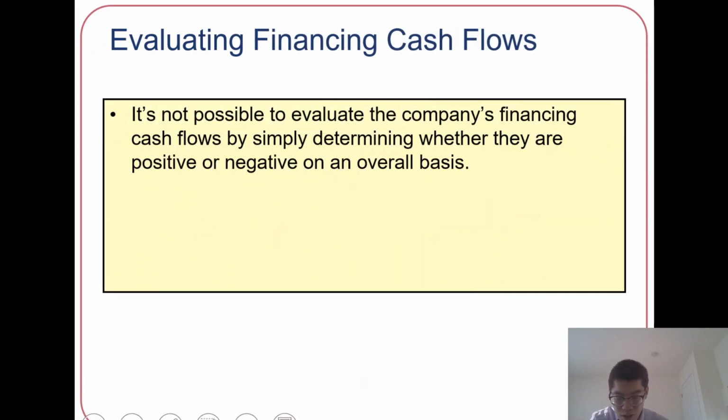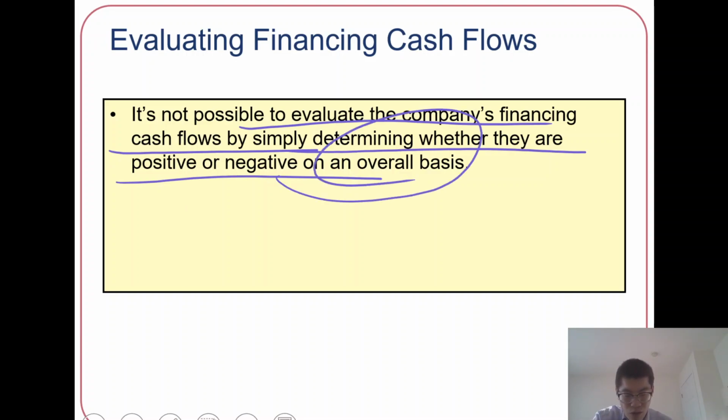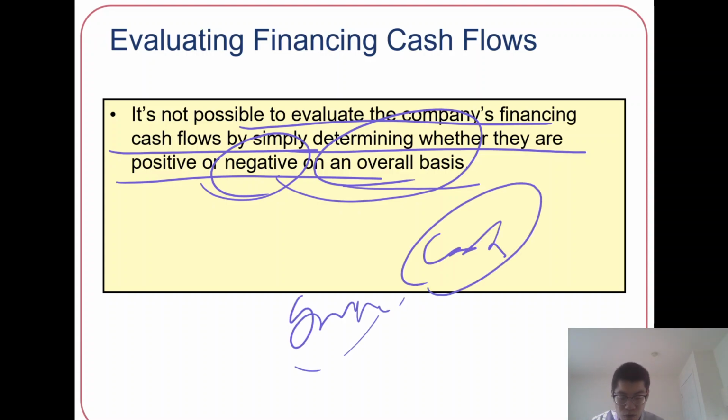And then financing activity. It's not possible to evaluate financing cash flows by simply determining whether they are positive or negative on an overall basis, because it really depends on the company's strategies and goals. If a company decides to speed up its expansion, it's probably going to end up with positive numbers. And if you're having so much cash and there are no growth opportunities for the company, during its mature stage or fading stage,